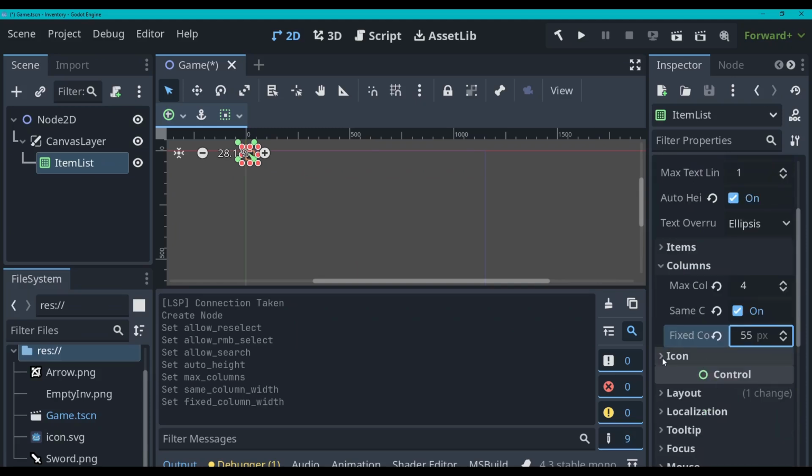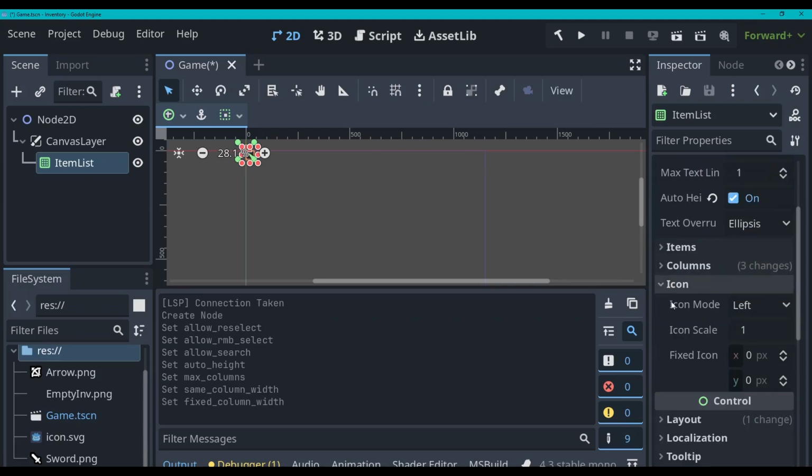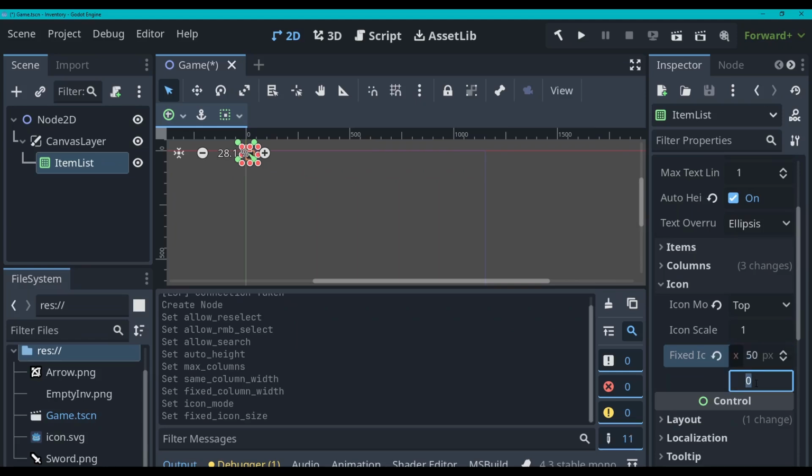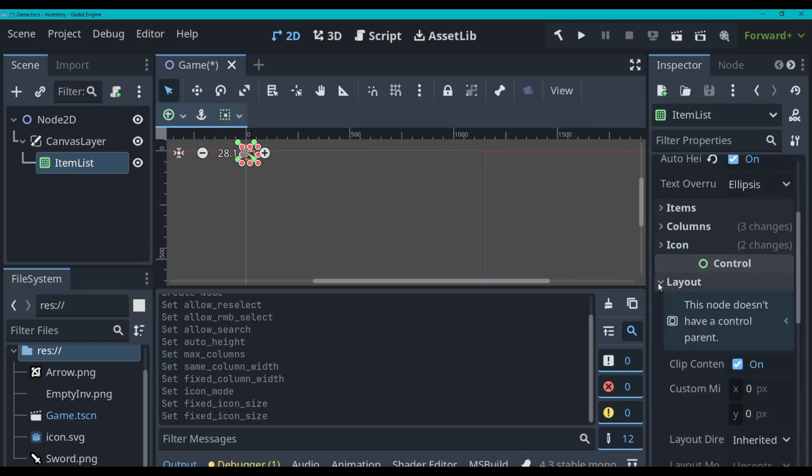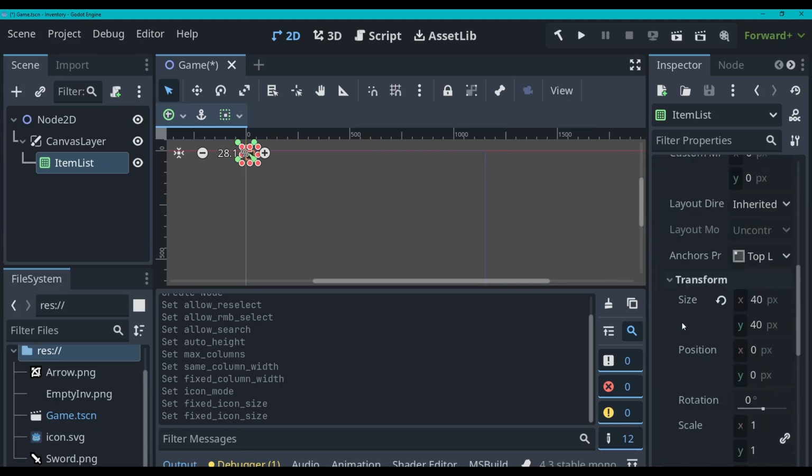Now I'm going to go down here to the icon dropdown and close the columns one. I'm going to switch the icon mode to top and set the fixed icon to 50 pixels on both the X and the Y. I'm going to close that and go down to layout and then transform. And I'm going to set the size to 253 pixels